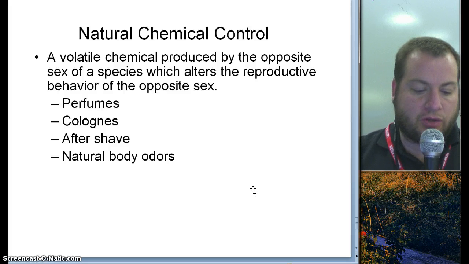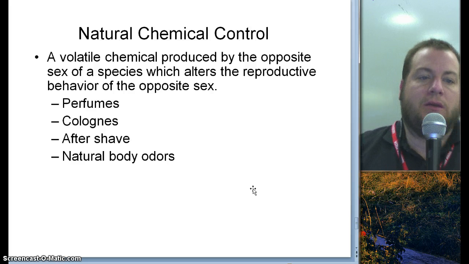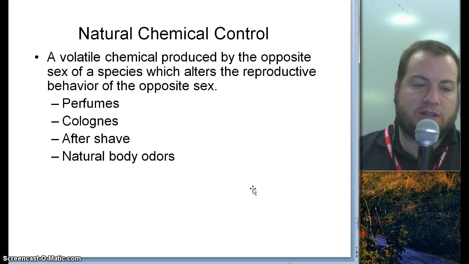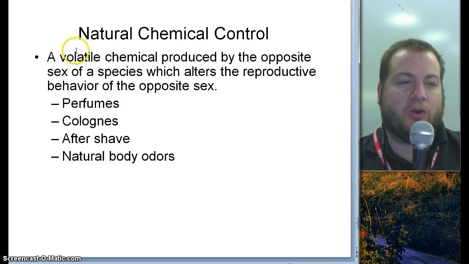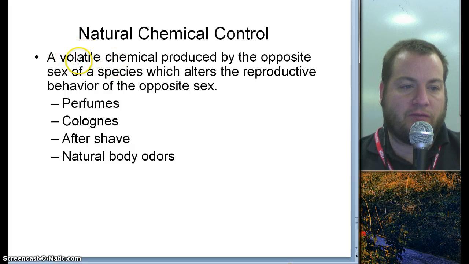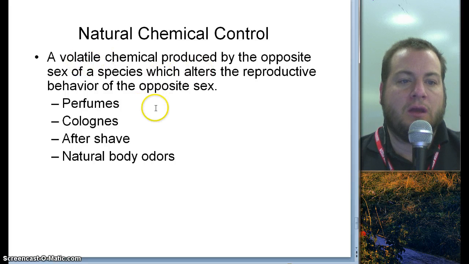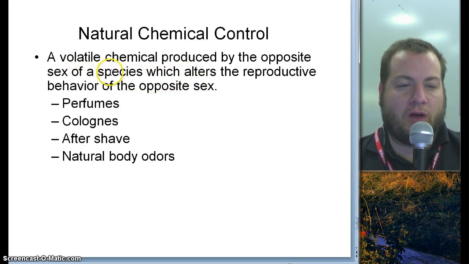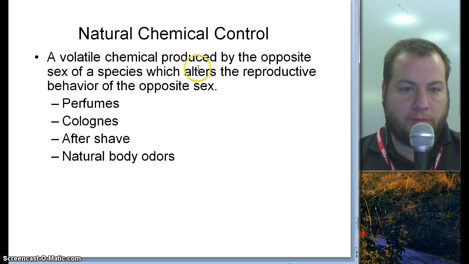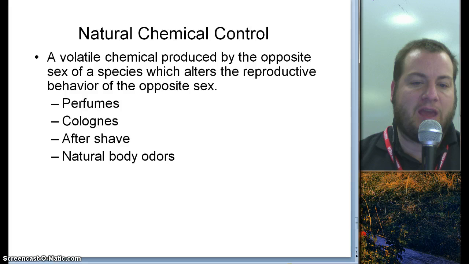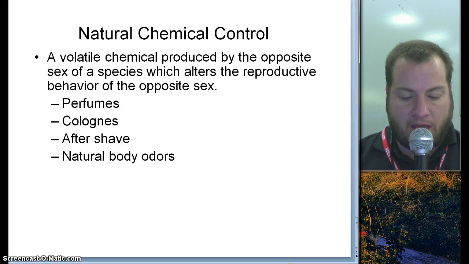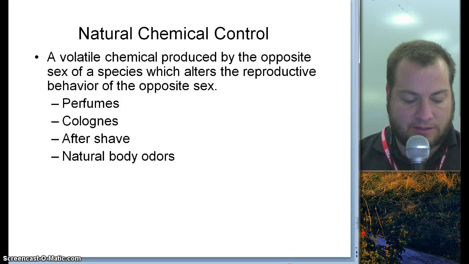Okay, there are natural chemical control ways. This talks about volatile chemicals. Volatile chemicals are the chemicals that have the ability to get in the air and spread over long distances. You guys know volatile chemicals produced by the opposite sex of a species as a hormone. So if they use one which alters the reproductive behavior of the opposite sex, then they can do things like